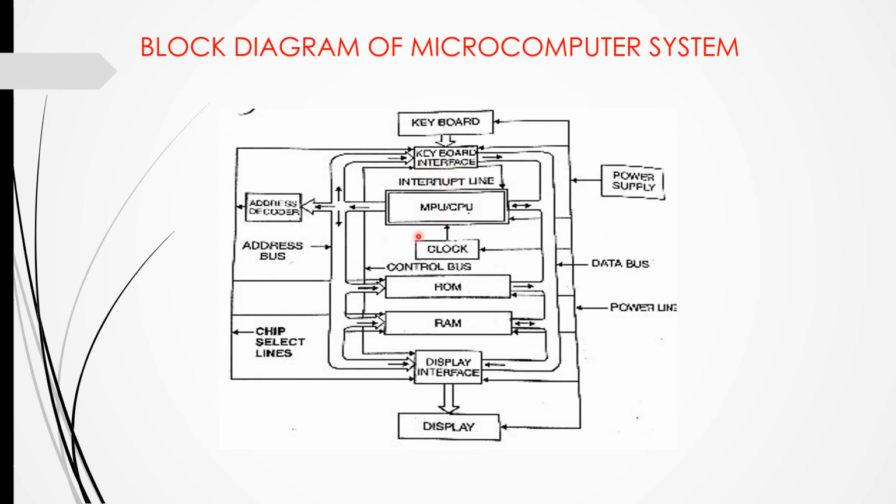Now we will see microprocessor unit. Microprocessor unit processes system data and required control signals are generated to control the system. All processing and data flow is done in the system with microprocessor unit. It is also referred as CPU. This is the main part of the system. Data is processed and required control signals are generated to control the system. Whole processing and data flow is done with the microprocessor unit.